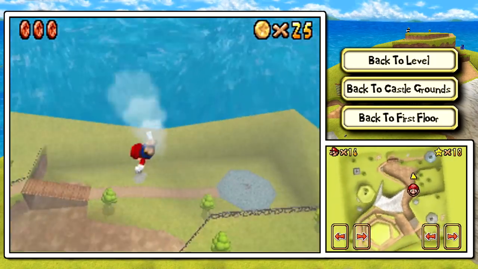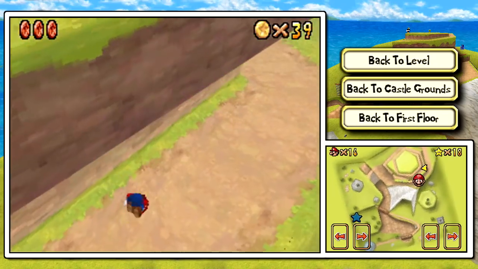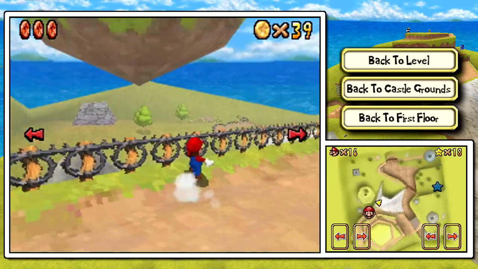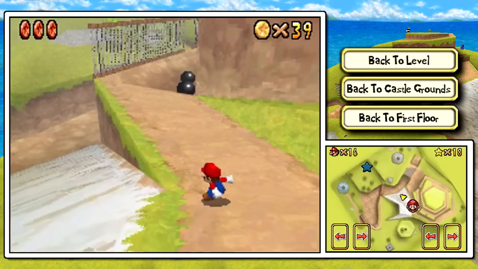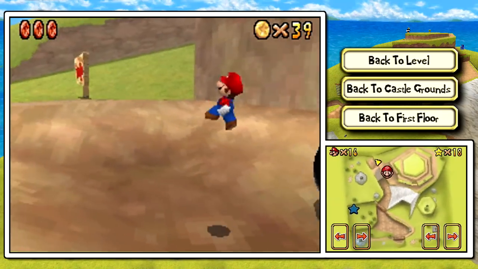Okay. So, I'm going to fly around a bit, see how many coins that I can grab right here. Let's see. Okay, I was able to get a whole 39 coins out of that. So, let's head on over this way. I actually didn't fall down where I wanted to fall down, so let's just go straight to where those other 2